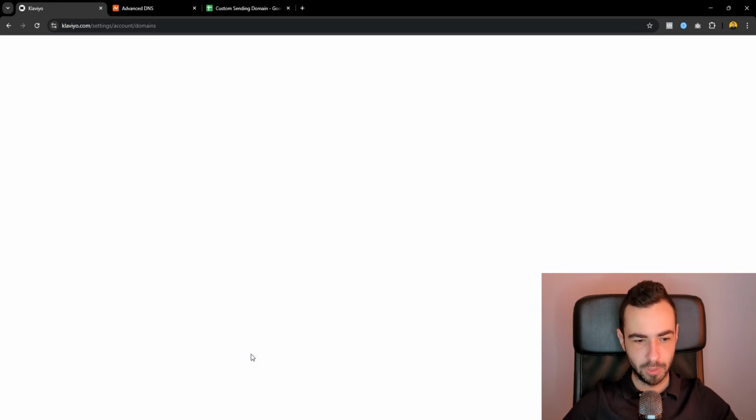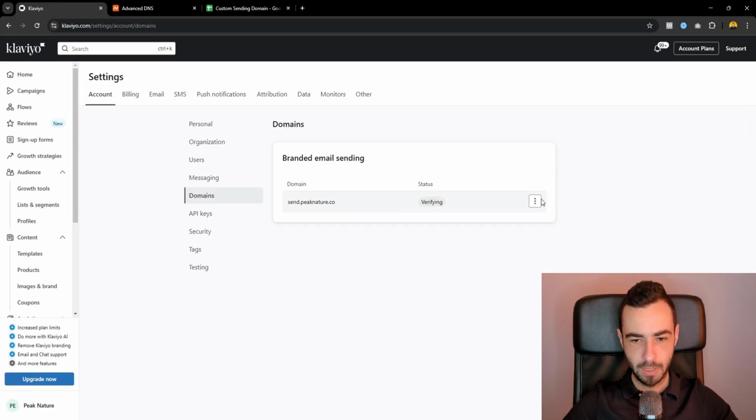I'm going to very quickly refresh to see if anything changed. Not yet, so they're still verifying it. But after they do verify it, you're going to have to apply the domain or activate it, because otherwise it won't be active and you will still be using your old sending domain, which is not ideal. But while it's populating, I'm going to show you what to do next, because this is the main part,